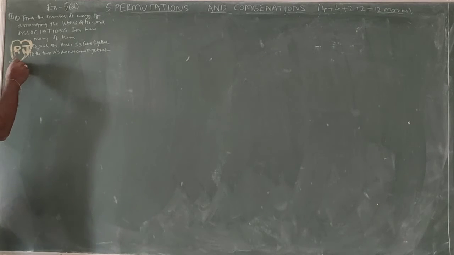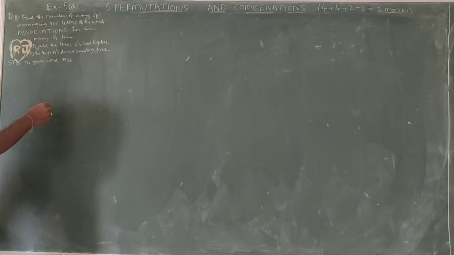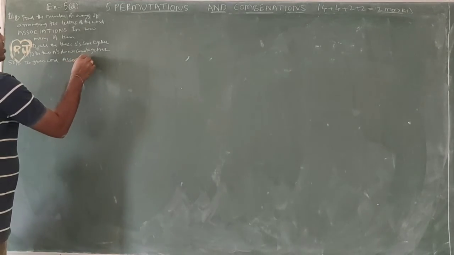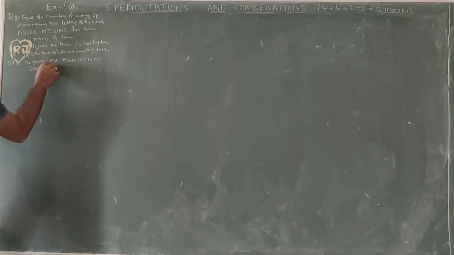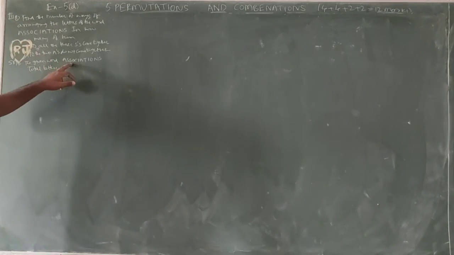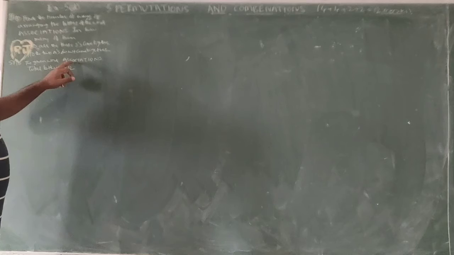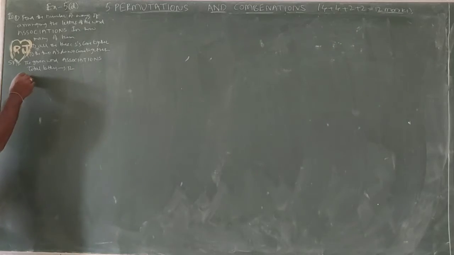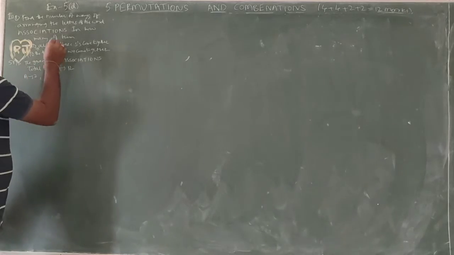First solution, the given word associations. So total letters. How many letters? 1, 2, 3, 4, 5, 6, 7, 8, 9, 10, 11, 12. So 12 letters. 1, 3, 5, 7, 9 plus 3, 12. So anything repeated. A 2 times. S 3 times, it is already given in the question.